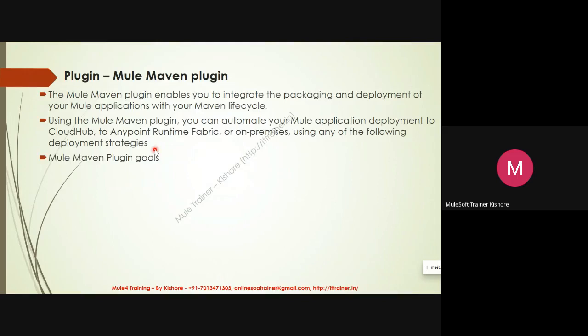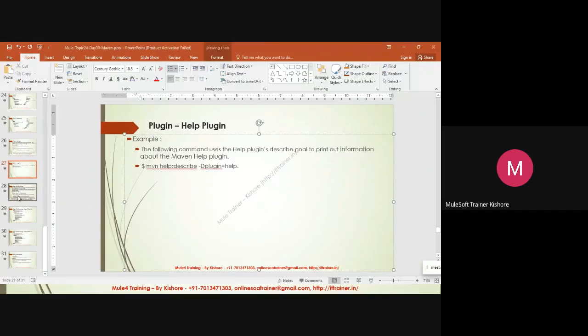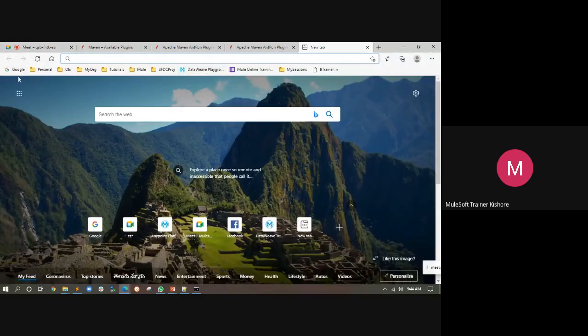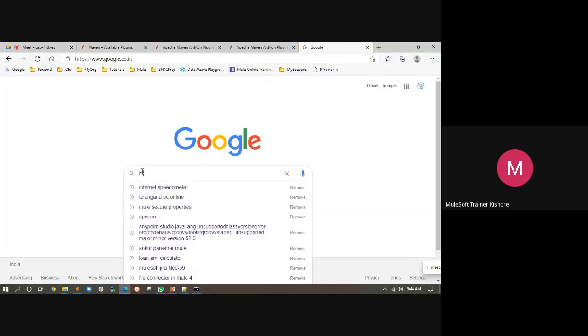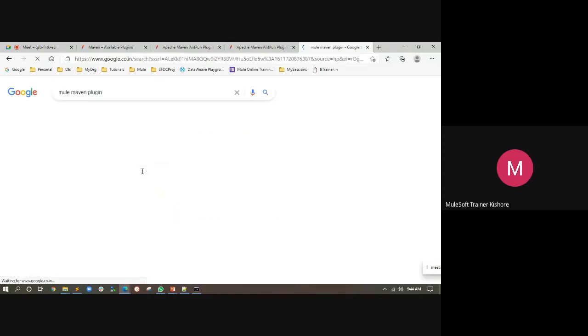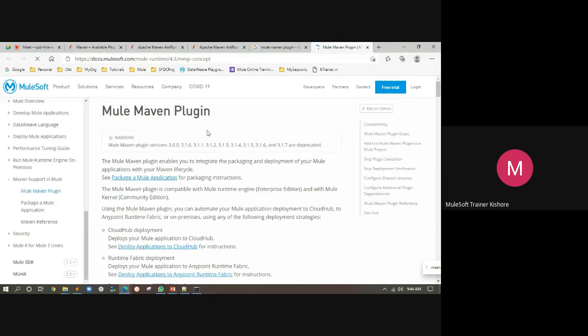So Mule Maven plugin goals. Let's go and ask our help plugin to help us with what this Mule Maven plugin will do. Okay, let's go and help describe, and this is your plugin name. How do I get that? Go and ask Google about Mule Maven plugin. These are the different versions, and these are deprecated versions.